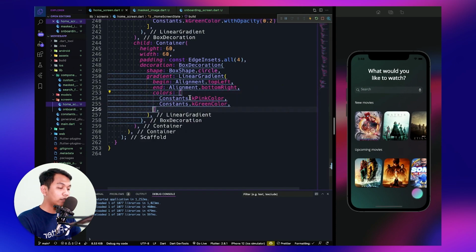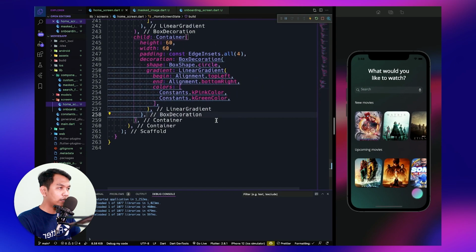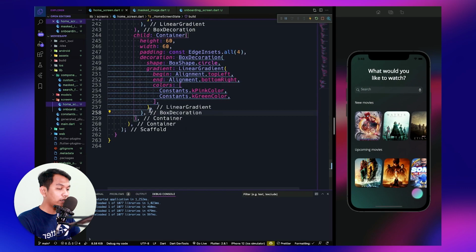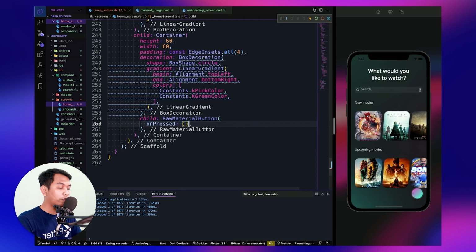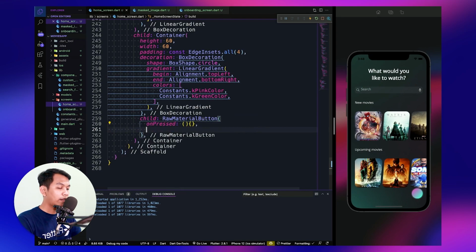And the next is inside our second container, we will have child. We will use a raw material button, and inside this raw material button, for the on press, make it blank.